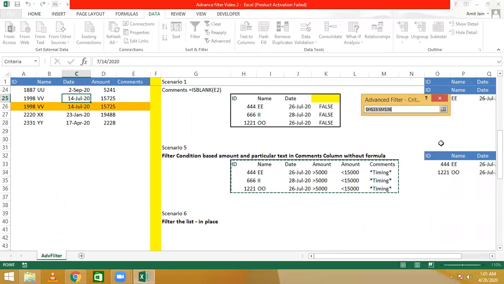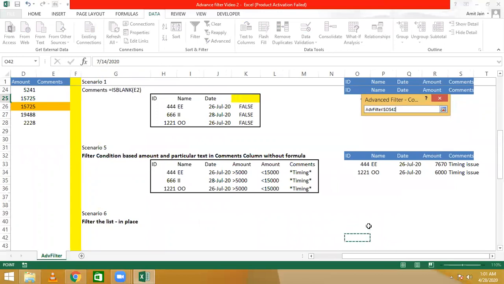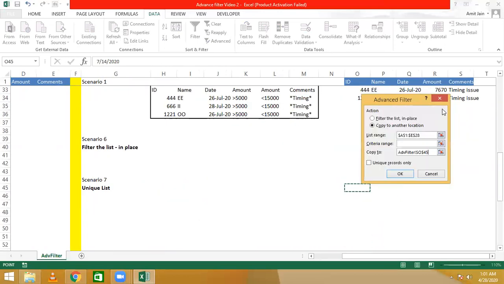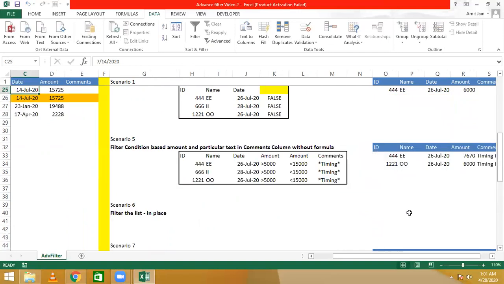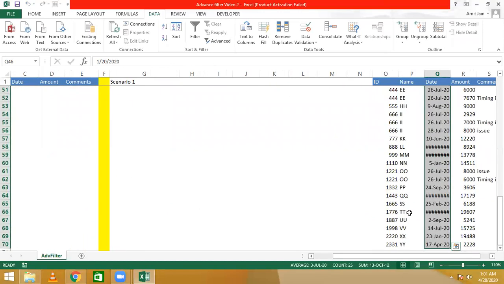Criteria, we do not want any criteria because we just want to make a unique list of our source document records. So copy to, we will copy the data from here, and the unique list also. Yes, we want unique records. So you can see we get the data like this.